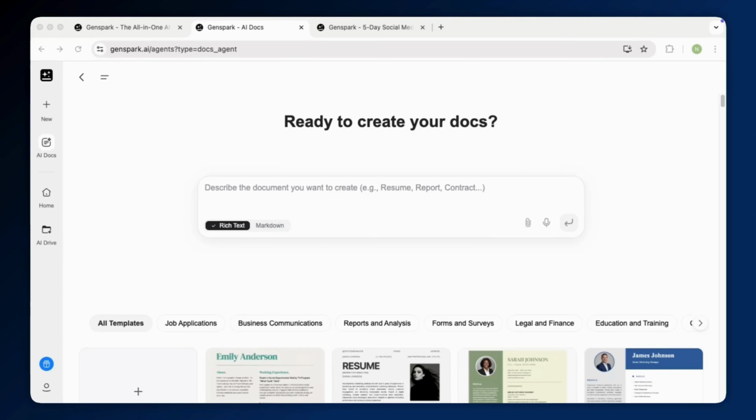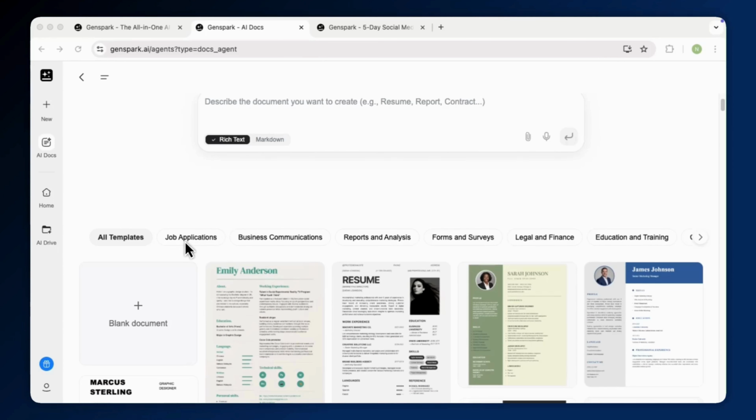Next is your AI docs. AI docs has built-in templates for things like job application, business communications, report analysis, and more. It's where you can write long-form content without getting stuck. Whether it's an article, a guide, or a report, you can work directly in the doc, give instructions, and see